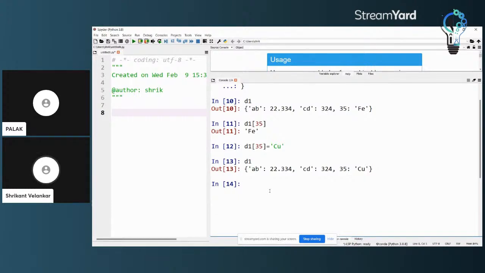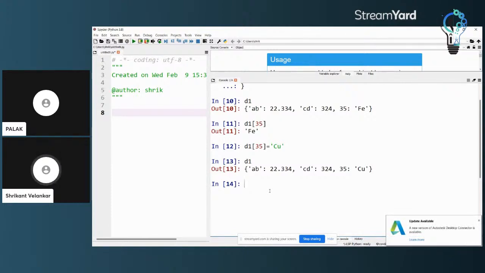The keys can be strings, integers, floats, etc. In general, only those objects or variables in Python which are immutable. So keys can be any immutable data variable, and values can be any variable in Python, either mutable or immutable. So that is how it is about D1.